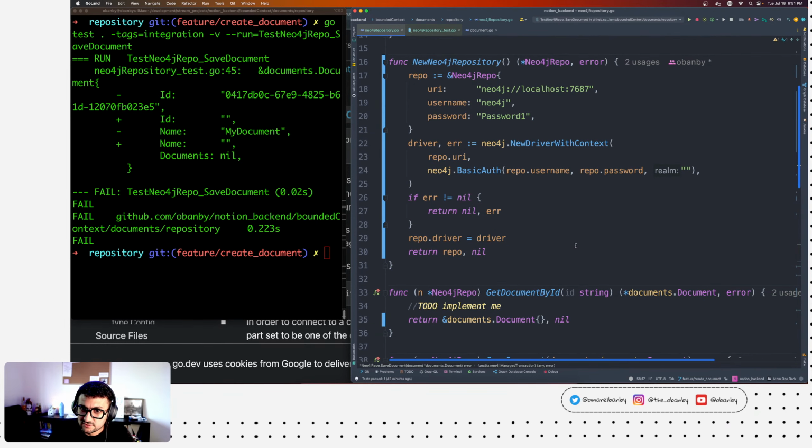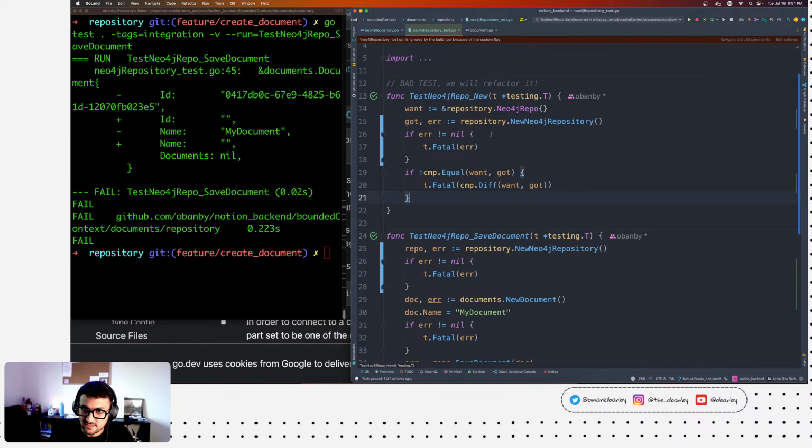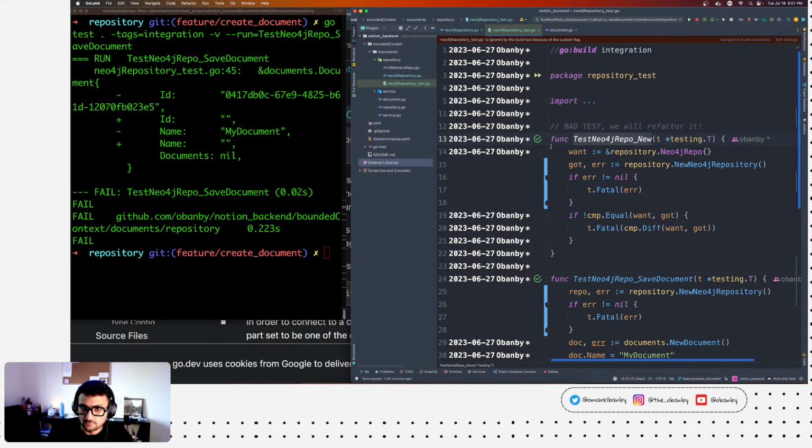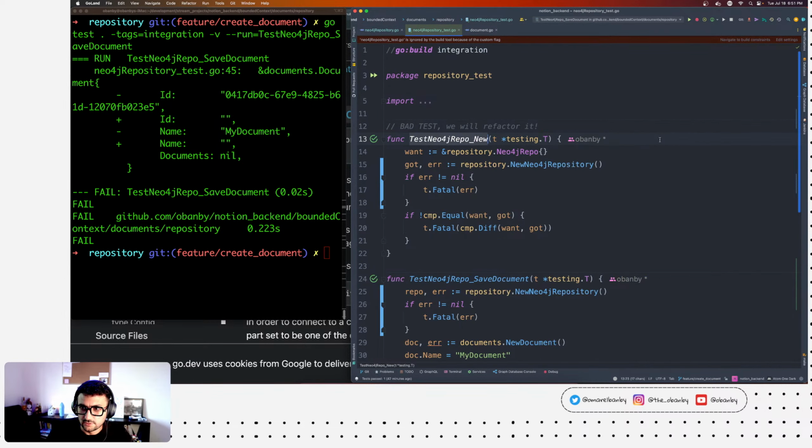Now let's go clean some of the tests before we talk about the singletons. So now testing Neo4j new repo, right? Oh, all right. I did not mean to do that. Great. This test is bad. Why? Because, well, actually, we don't judge this code as is, because in the very first stream we said that things are going to happen incrementally. Great. So this code is bad.